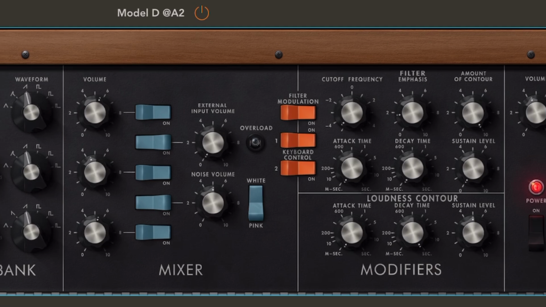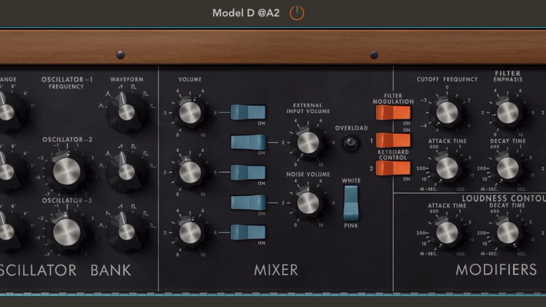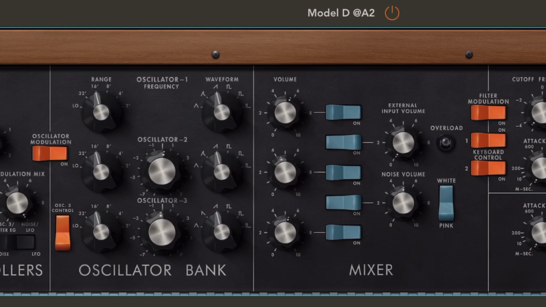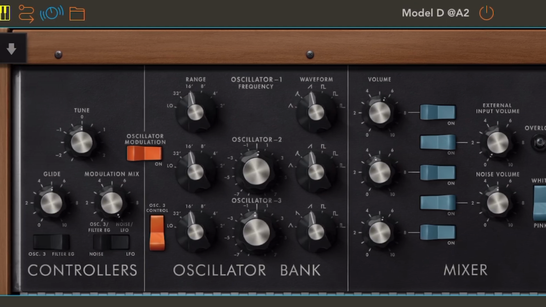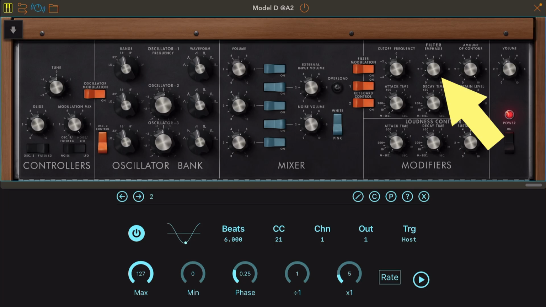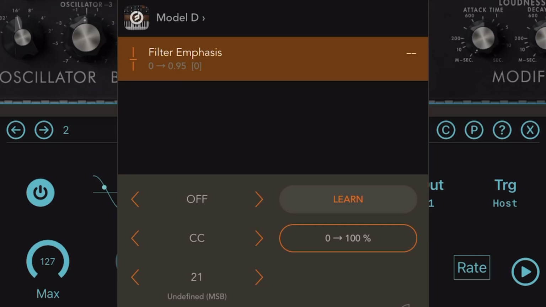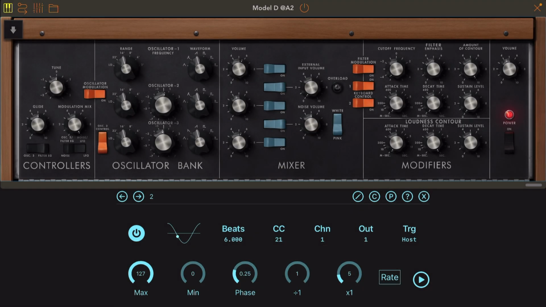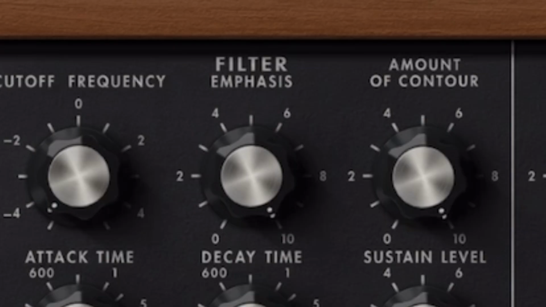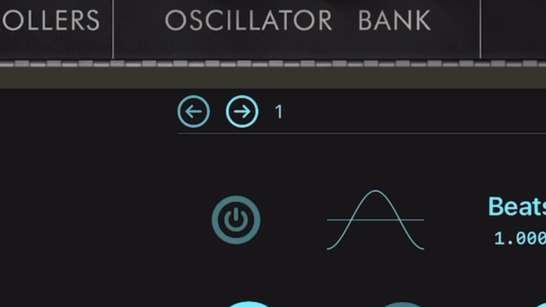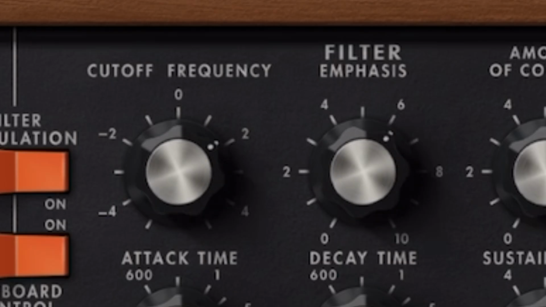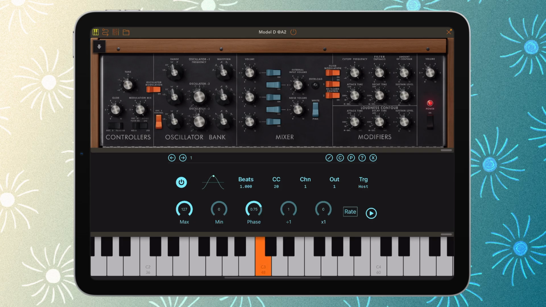Any controller that we touch or flip or tweak is now going to prompt us with a MIDI learn box. So I'm going to map the filter emphasis by tweaking it, and there we have the box. And all I have to do now is to press MIDI learn because we've got the second LFO running, learn, and there we go. Press done when done, and as you can see, the filter emphasis is moving. If I now go back to the first LFO and turn it on, we can see that both controls are moving, and if I play it,